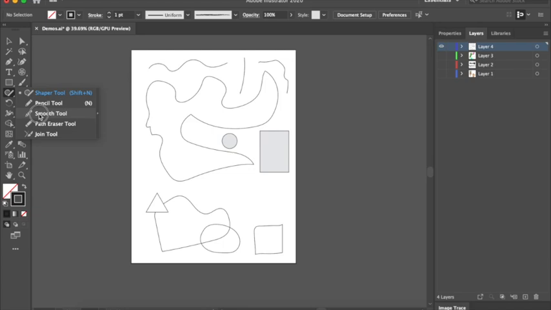Next thing I wanted to show you is the smooth tool. So let's say you've drawn a freehand curve, but you want it to look a lot smoother. You choose this tool and you run it along your freehand curve, and it smooths it out for you. Make sure that curve is selected. Come in with the smooth tool,